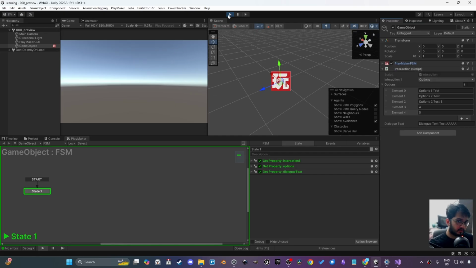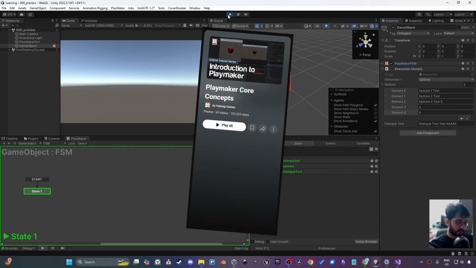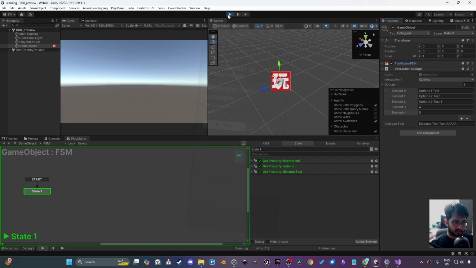And in the next tutorial, we'll be covering the basics of how to implement a trigger system. So we'll take the basics of Playmaker probably from Hutong Games' Introduction to Playmaker series, and we'll translate each Playmaker FSM into a script so that you'll understand the mapping, and we'll get into a lot more detail than this